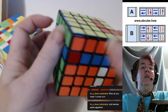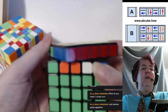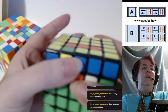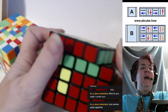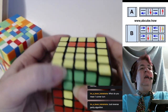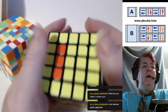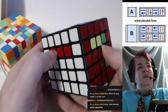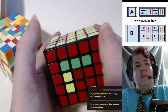So that was a quarter turn. Line it up, it's going in this direction, use formula B to place my cube. And as I do that, and now my parity is gone. My parity is gone. I set the top, and my parity is gone. You can see that these are the rows that I changed, this row and this row, but it doesn't matter because as long as it's